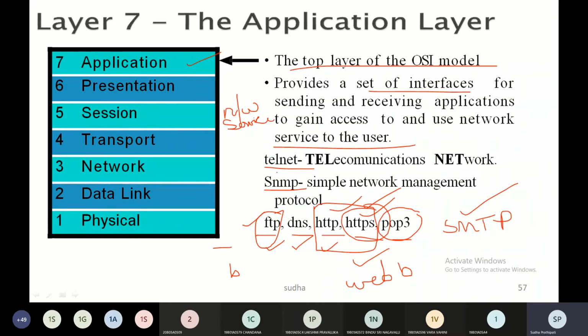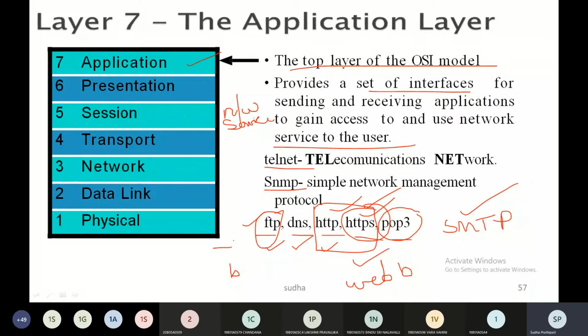FTP is used for that, and this application allows users to access files in a remote host. To establish a connection to a system in a remote location and log on to the remote host, you use Telnet, the virtual terminal.